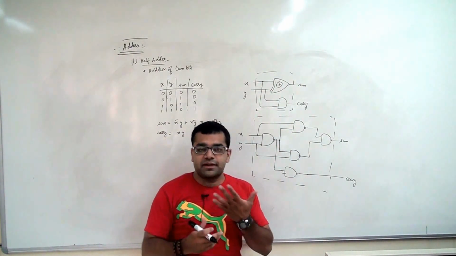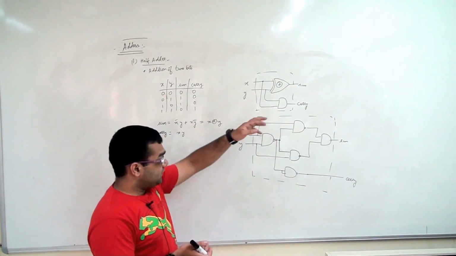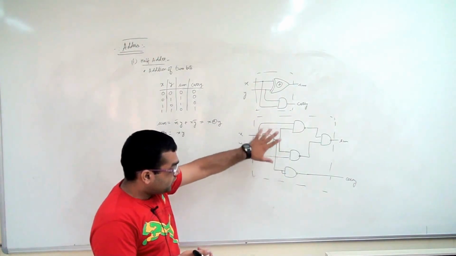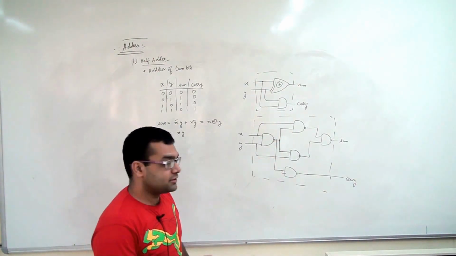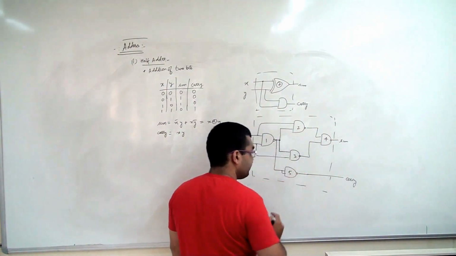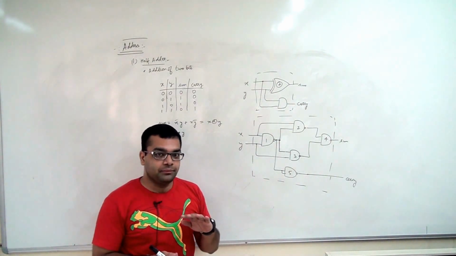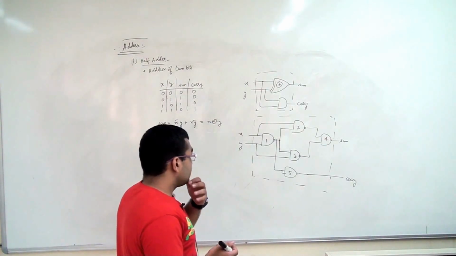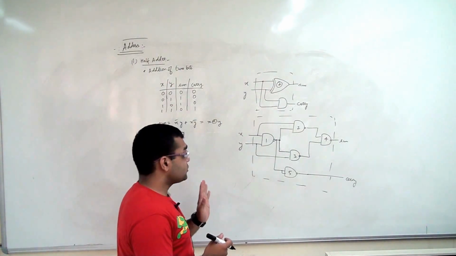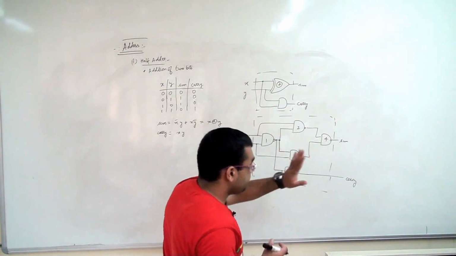There are various types of ICs available in the market that implement the half adder circuit. Inside the half adder you can implement it either using an XOR gate and an AND gate, or using 5 NAND gates, that is 1, 2, 3, 4 and 5. A minimum of 5 NAND gates is required to implement the half adder; you cannot reduce it further. One thing you have to be sure of is that the only signals seen by the user outside are the 2 bits to be added going in, and sum and carry coming out.